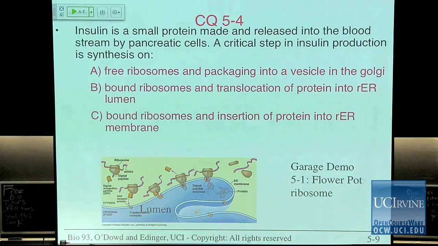Okay, insulin is a small protein made and released into the bloodstream by pancreatic cells. A critical step in insulin production is synthesis on,